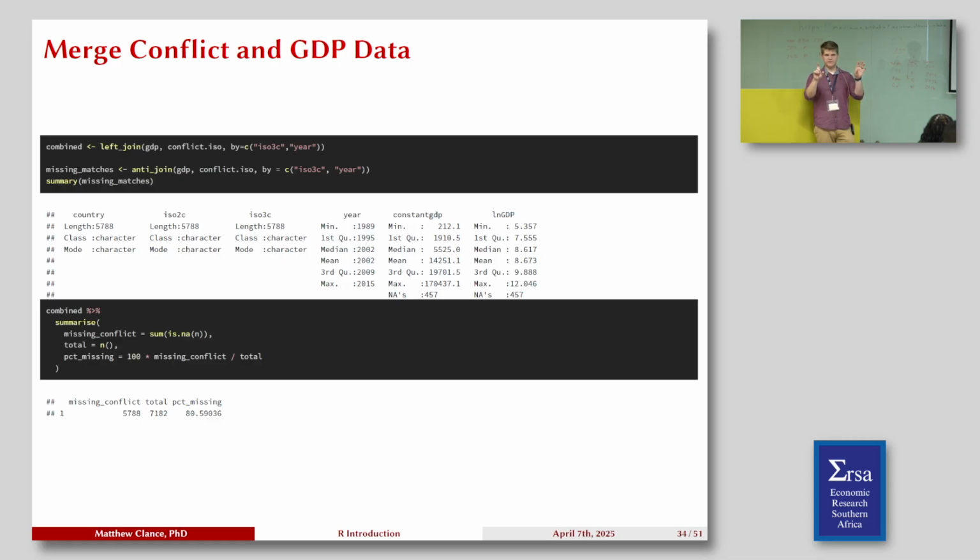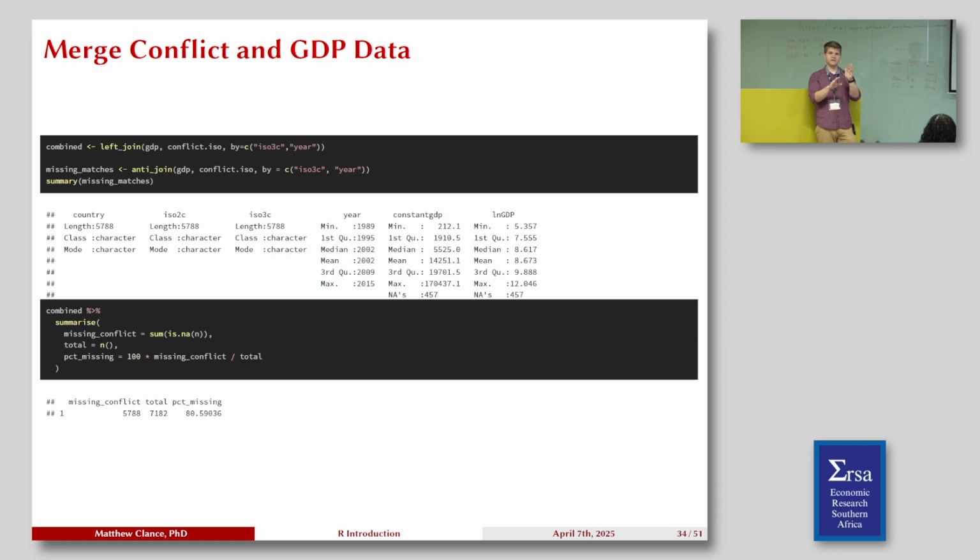So once it finds a match, it puts them together, and it's going to keep whatever information, in this case GDP, and it's going to throw the conflict column beside it. And then it's going to keep doing that for all the observations that it matches. And if it has a time unit, it's going to do the same thing, but make sure the country code and the time code match before adding in the column.